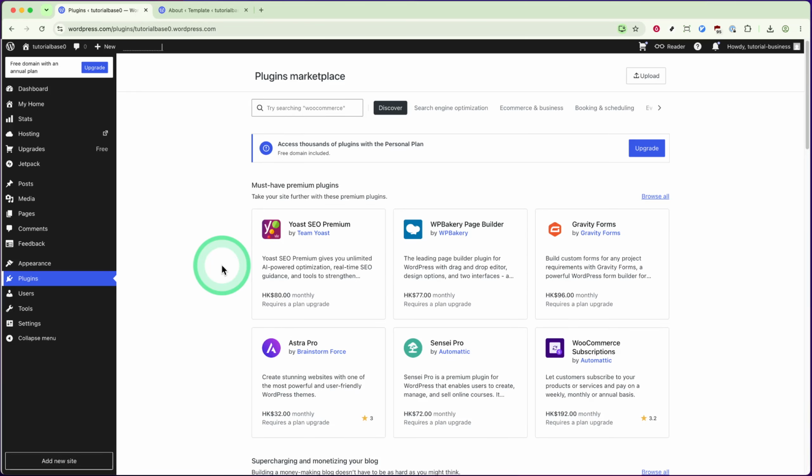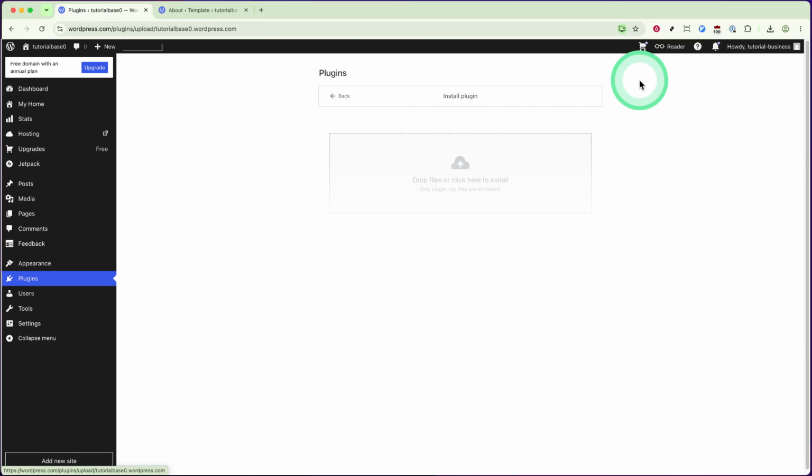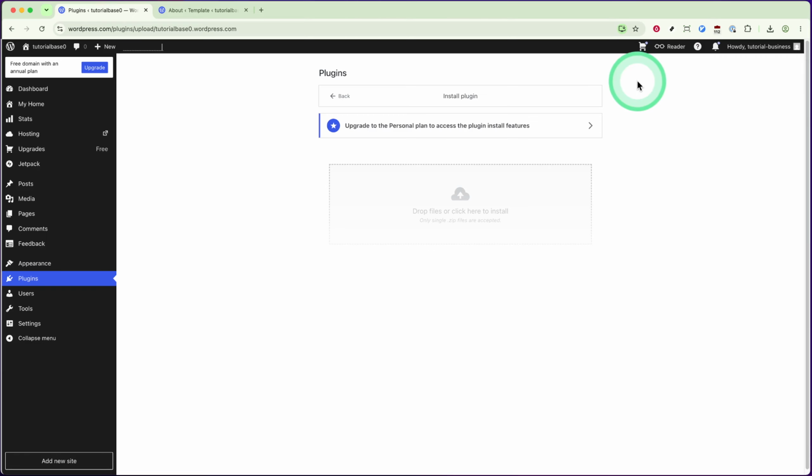Once you're in the Plugins section, look toward the upper right corner of the screen. You'll see an option labeled Upload. Click on it. This will open a file selection dialog box, allowing you to choose the plugin file you want to install from your computer. Make sure you have the plugin file downloaded beforehand. Plugin files typically come in a compressed format, like a zip file, so locate and select the correct file from